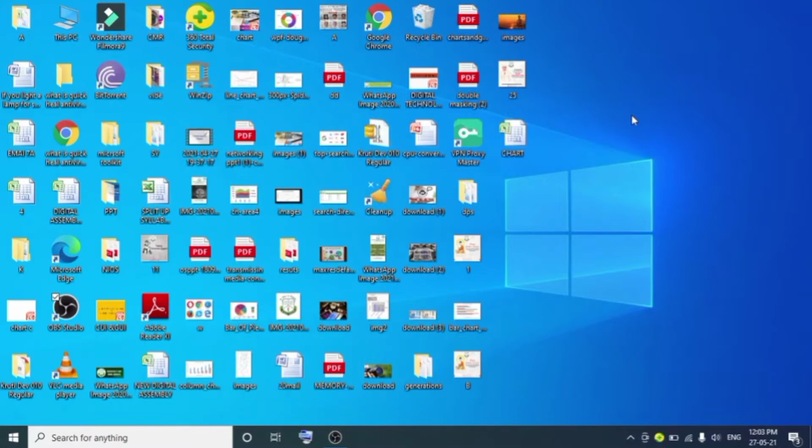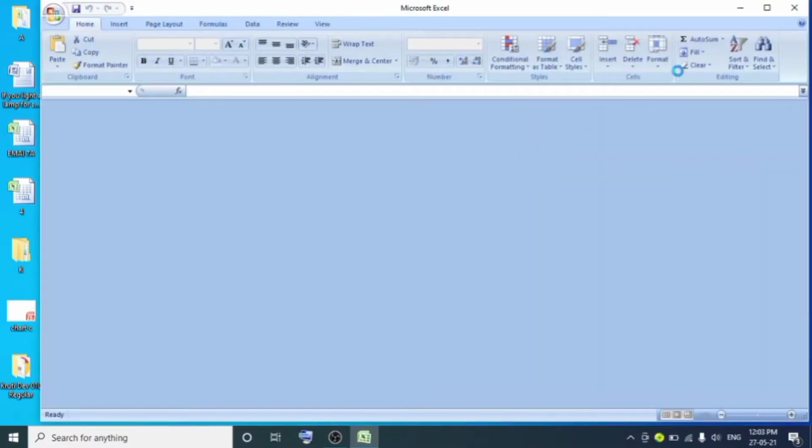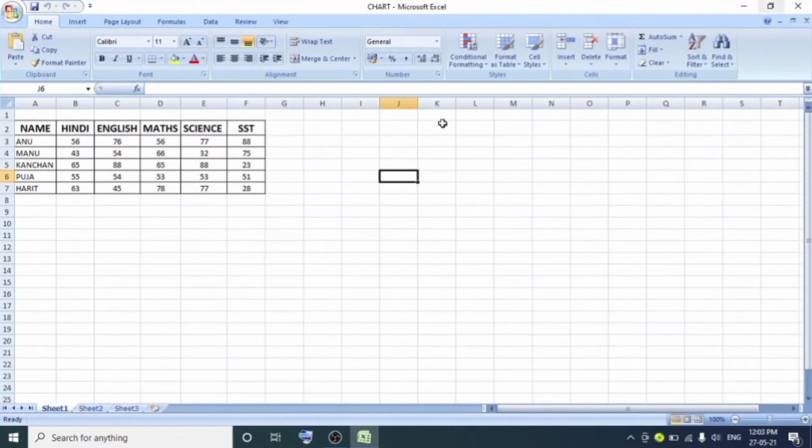All these steps to create the data series, and to perform the formatting operations on that, we have already studied. So I have already created one Excel sheet here. The name I have given to that is chart. So suppose I have opened this sheet. The name of my workbook is chart, and the sheet is Sheet1 here. By default, we know that we have 3 sheets that are opened, Sheet1, Sheet2 and Sheet3. In Sheet1, I have created one data series.